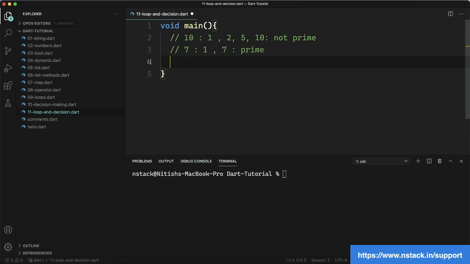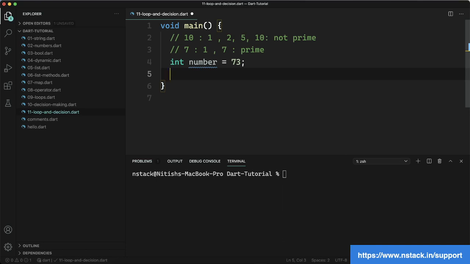So let's see how we can do that. Suppose we have a number, and the number is 78, or I know 78 is not prime, so let's make it 73. We do not know if 73 is prime or not. If you know, let's forget this for now. Let's check this by writing a program. So for this, we need to divide 73 by all the numbers starting from 1 to 73. If the number of factors is more than 2, it means that is a non-prime number. If that is 2, it means that is a prime number.